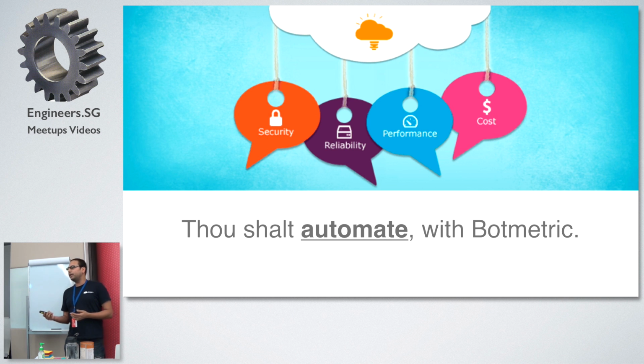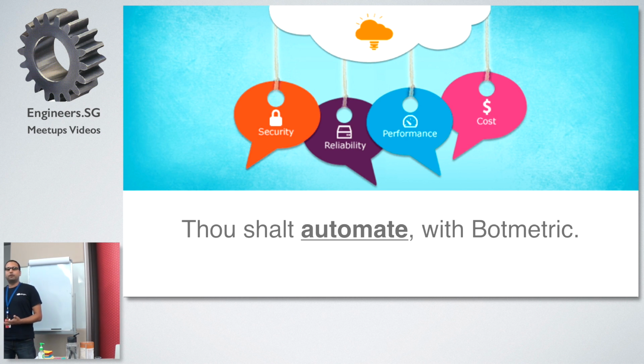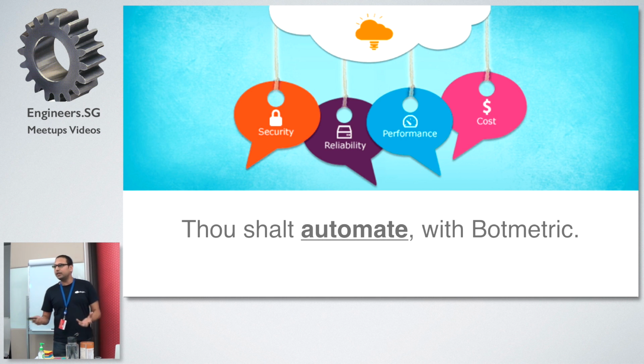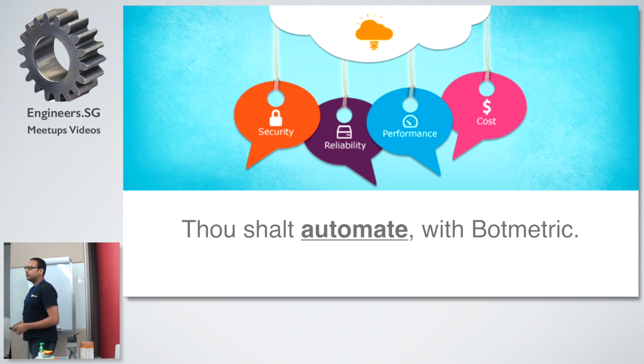For example, if a company has dev instances and they would want to switch off the dev instances in the evening, and then by morning before people come back to the office, they would want to switch it on. Those kinds of automations are pretty easily done just by a few clicks, and once scheduled, it will take care of making sure this script runs every day, every week, every month, just to make sure that the end goal is achieved.